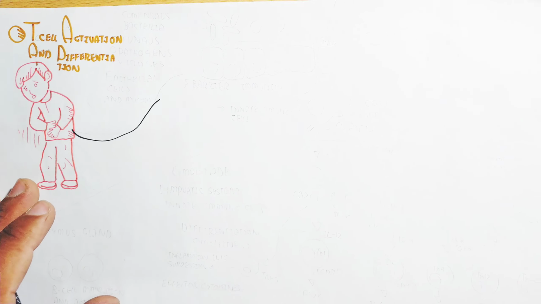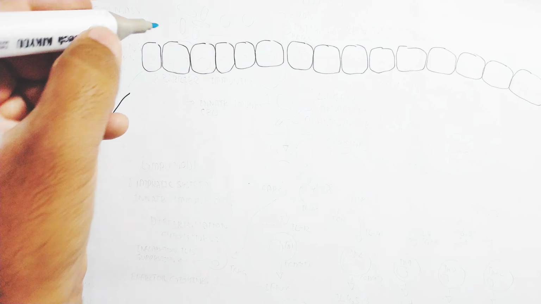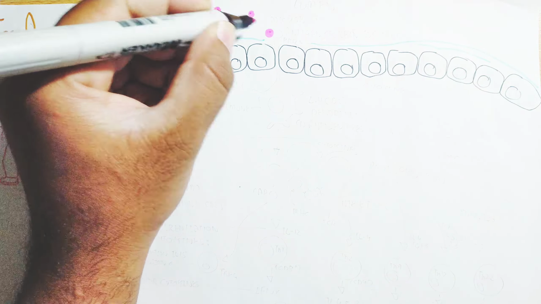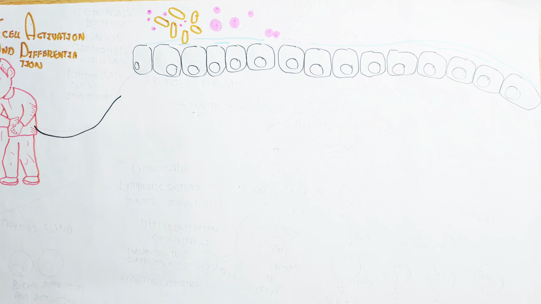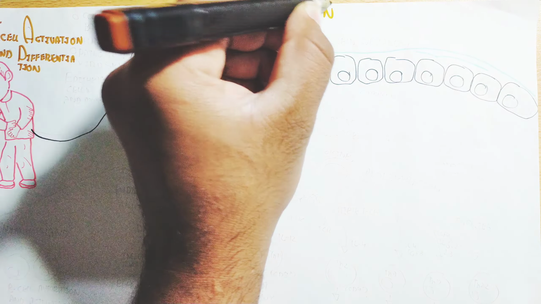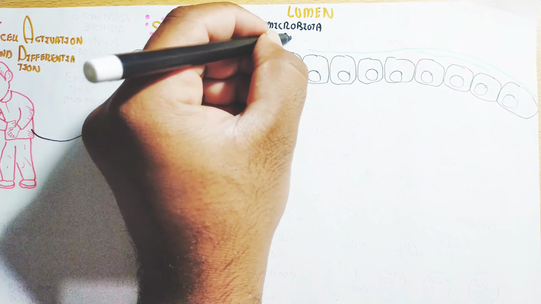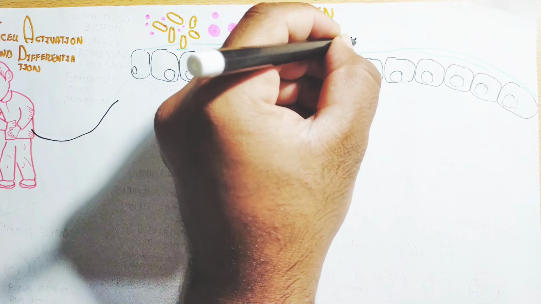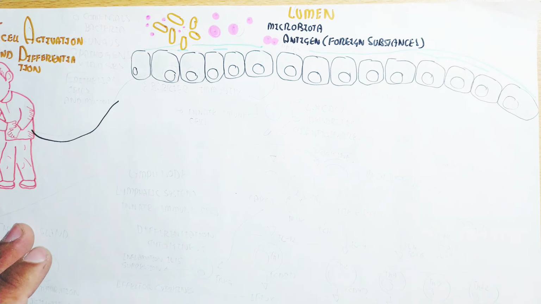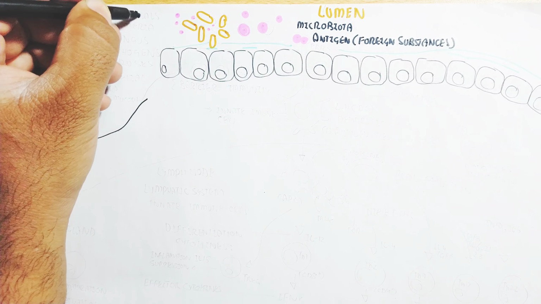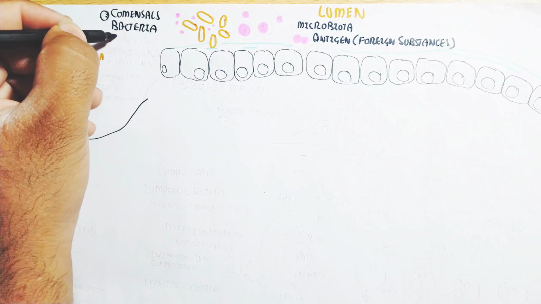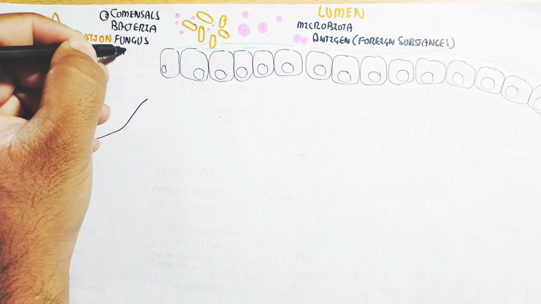Bacteria are present in the large intestine, like the commensal bacteria, and fungal pathogens and viruses, and the epithelial cell contains a mucous membrane. Whenever the mucous membrane is reduced, the pathogen will invade. The important thing is that this is barrier immunity. While the microbiota, for example the antigen, the foreign substance that is pathogenic, we recognize through the dendritic cell